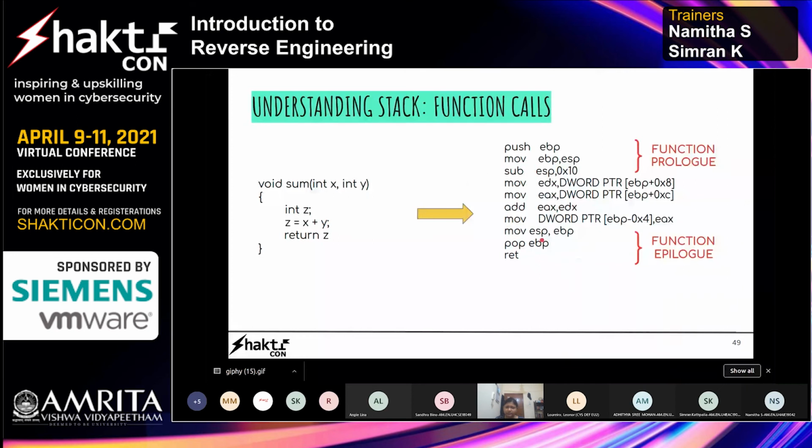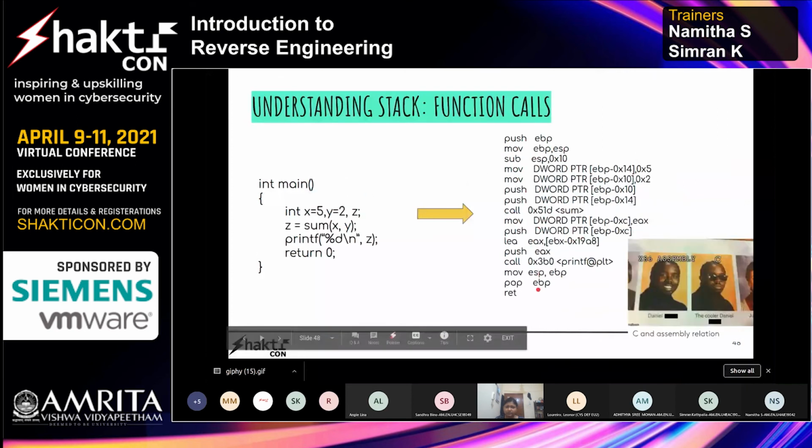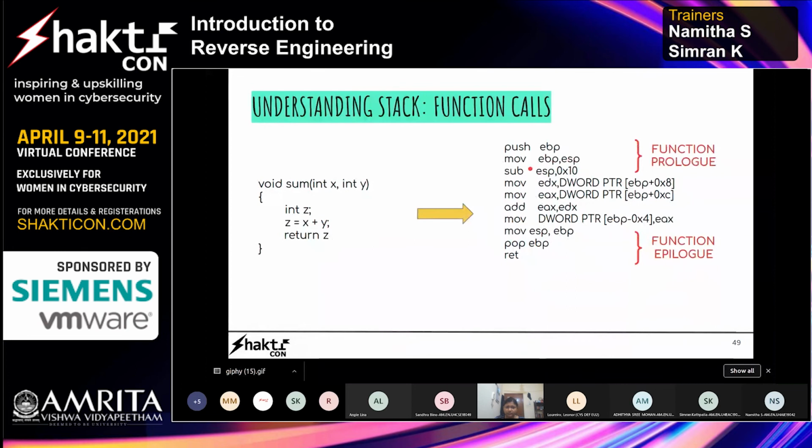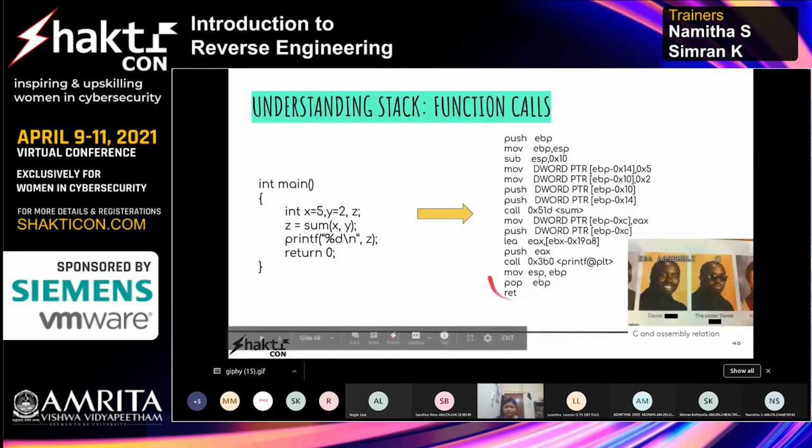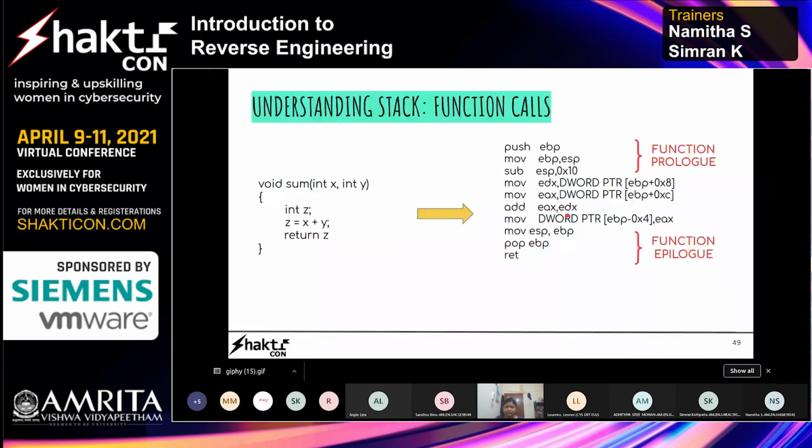We have the assembly for main, so where does this part go? Where does this fit in this function? Within the main stack, we have a stack which will take care of this main, and inside that we'll have the stack frame for this particular function, which is built just to execute it, and then it will be destroyed.